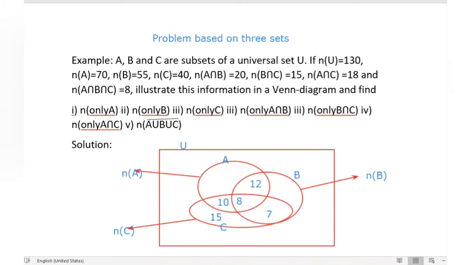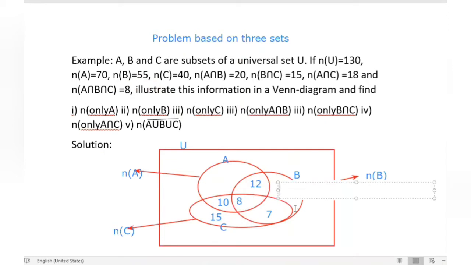Now N of B is 55. 12 plus 8 is 20, 20 plus 7 is 27. So 27 are already there in B, and we have 55 total. How much do we need? I guess we need 28.